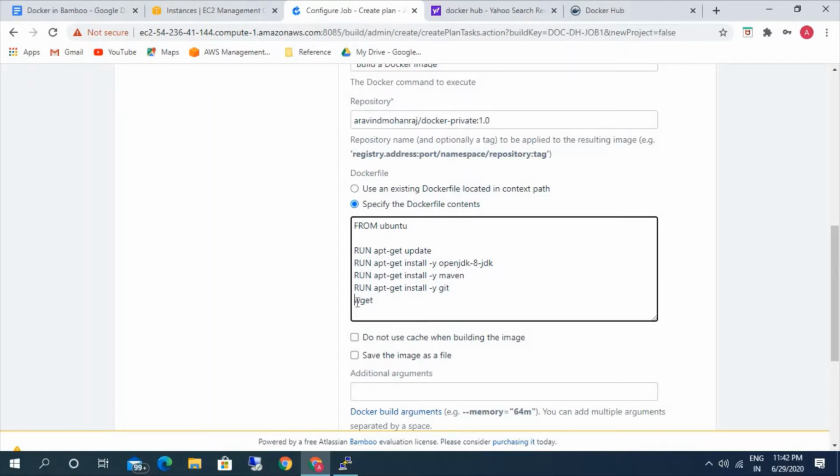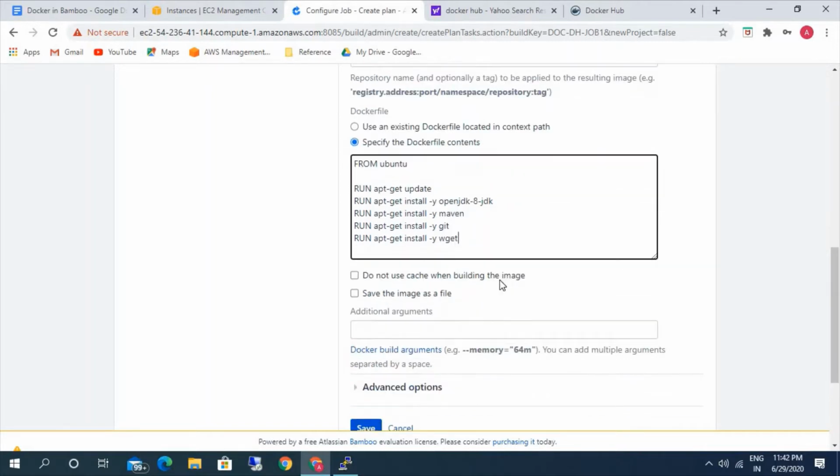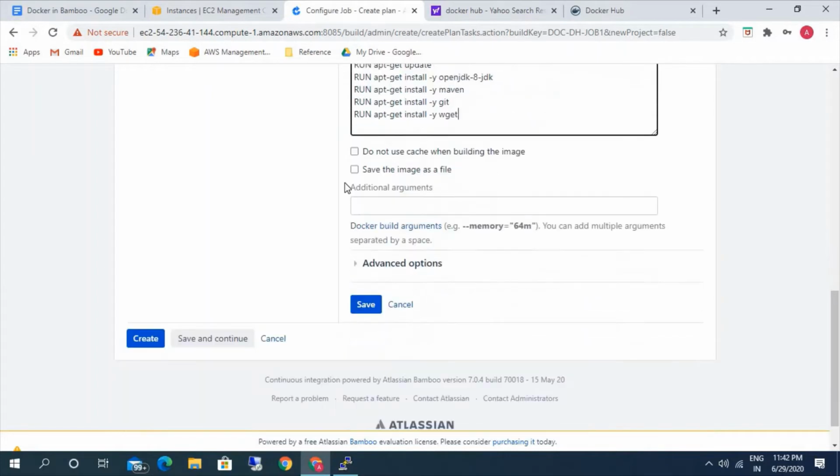In case you want anything like Apache or any other packages, you can install them using the Linux commands. I'm just selecting do not use cache when building the image, and click on save.